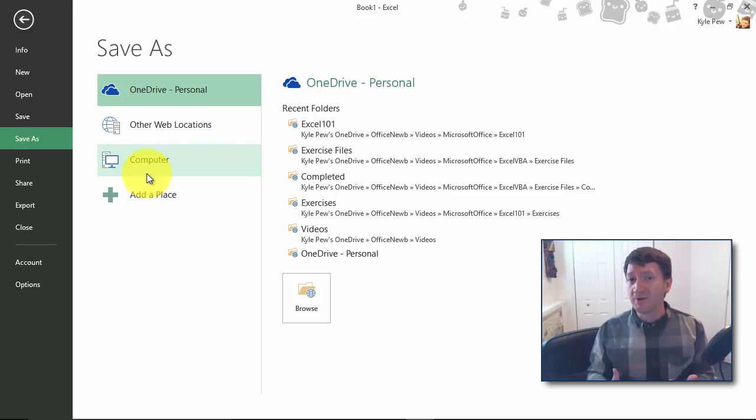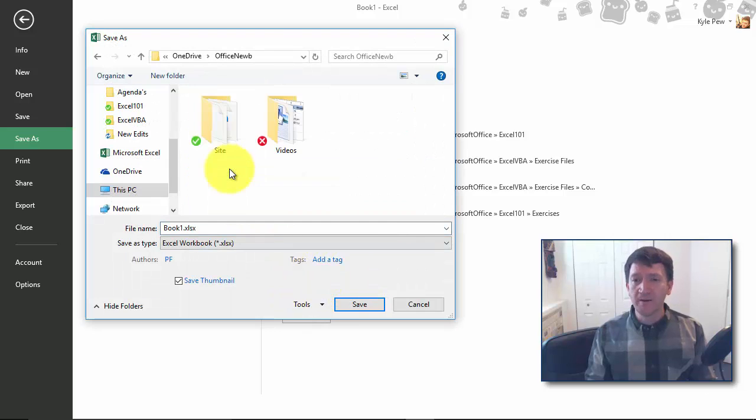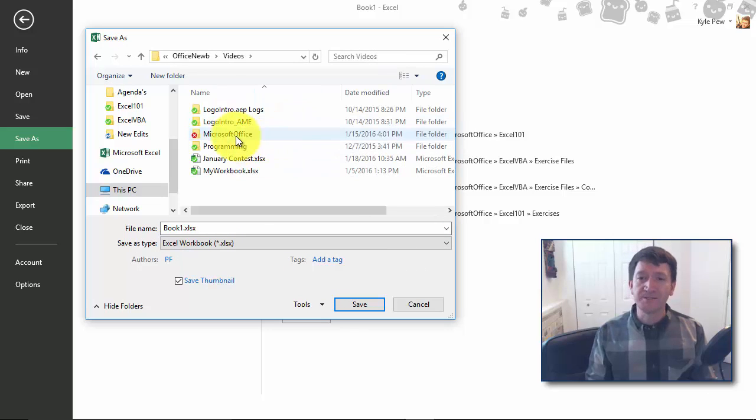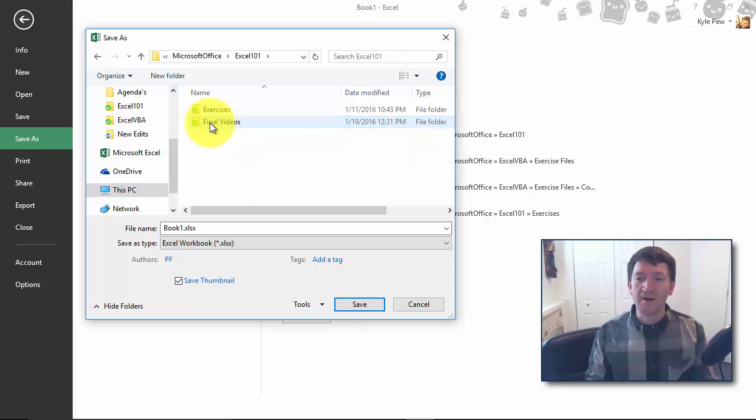For me, in my demonstration, I'm going to keep it on my OneDrive cloud storage through Microsoft. I'm going to go ahead and browse. Let's see, I'm going to go into a folder called Office Noob. I'm going to go into my videos. Let's see, this is a Microsoft Office video. I'm going to go into Excel 101. And now I've got my location where I'm going to save this document, and I'm going to give it a